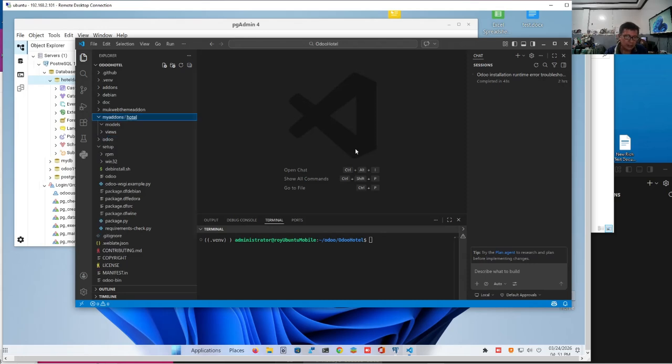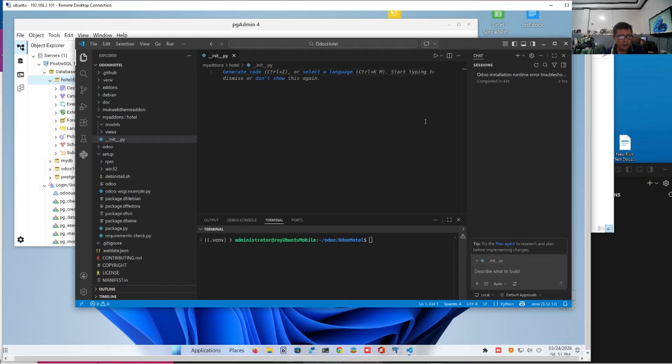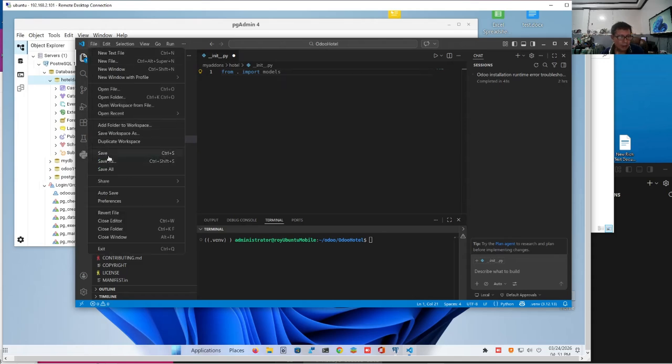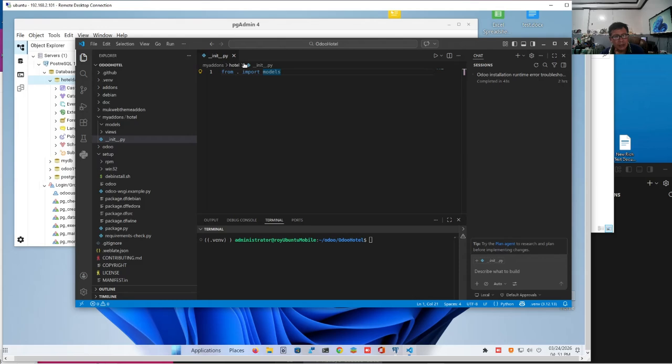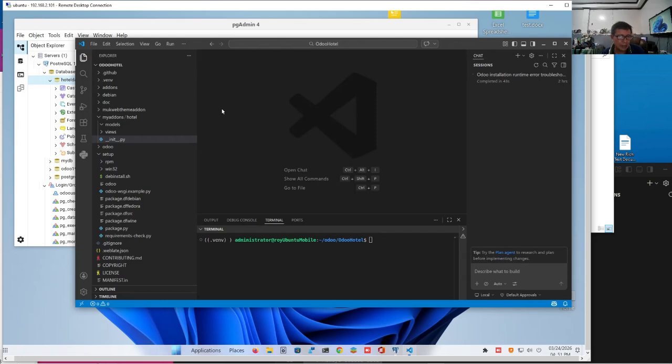We will just copy this later, and then we will say from dot import models, and save this. If you recall, a from-import can either import a file or import a folder. In this case, we don't have a models file, but we have a models folder. So therefore, it's assumed that we are importing